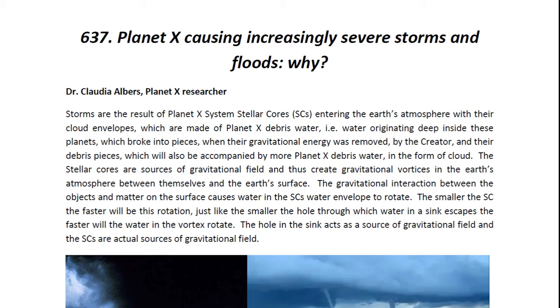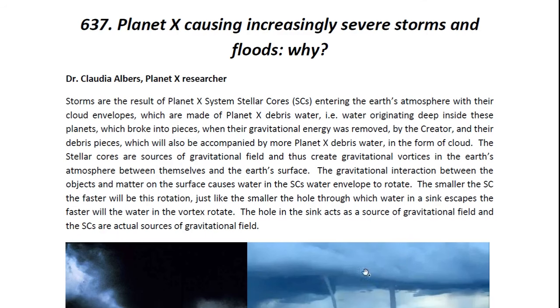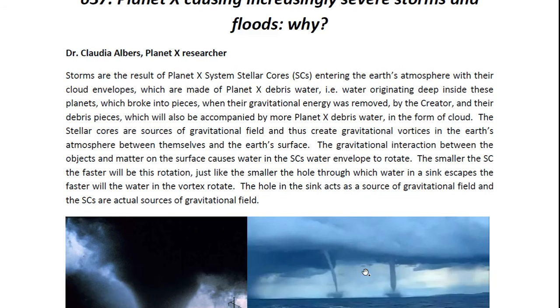This one's entitled Planet X Causing Increasingly Severe Storms and Floods. Why? Now, storms are the result of Planet X system's stellar cores entering the Earth's atmosphere with their cloud envelopes, which are made of Planet X debris water. In other words, water originating deep inside these planets, which broke into pieces when their gravitational energy was removed by the Creator. And their debris pieces, which will also be accompanied by more Planet X debris water in the form